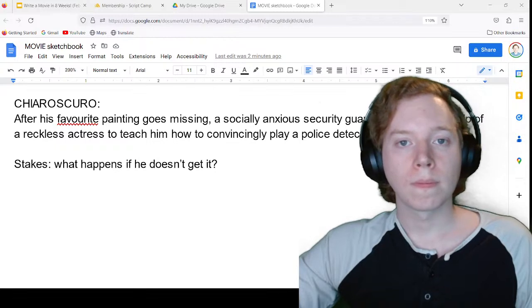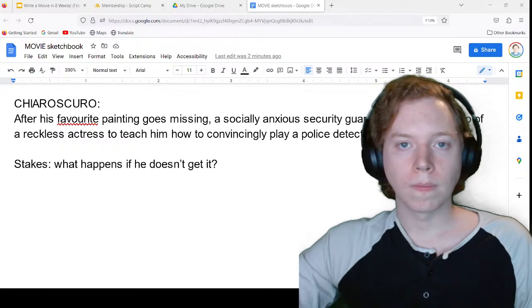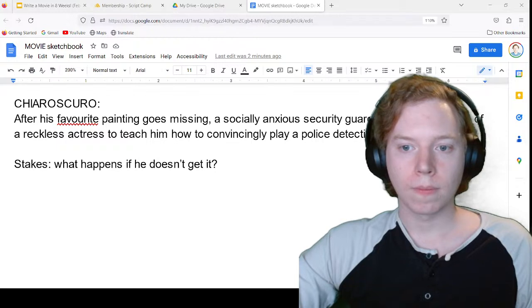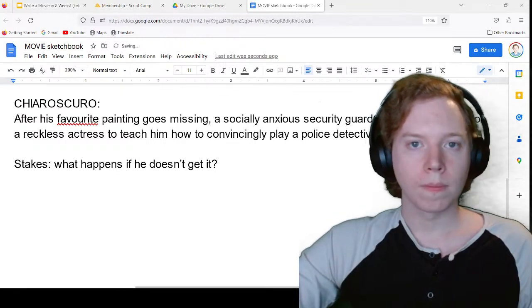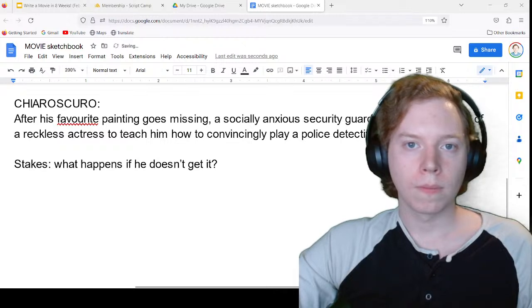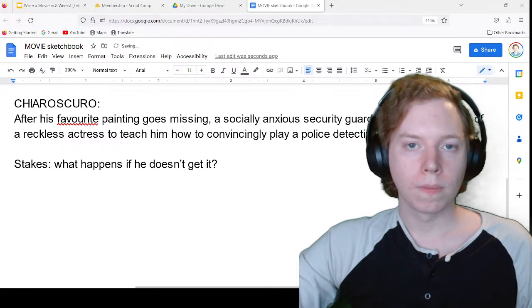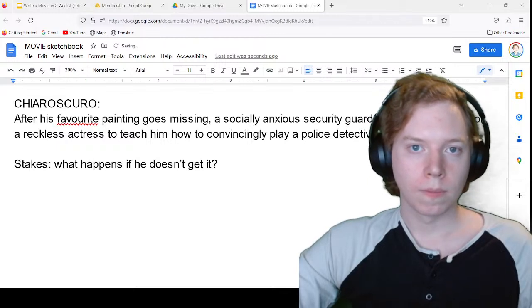But there's a gallery that's opening up at the end of this year, and essentially the opening paintings that they had, that was one of them. All of the paintings in the gallery were meant to be there, and everything was meant to go flawlessly. Now that this thing's going missing, they need to find a replacement for it. And so, part of his big fear as well is that it's going to get permanently replaced. And despite him not finding it, it might also not be enough in some sense. And so, wrapped up at the end of the year is some idea that